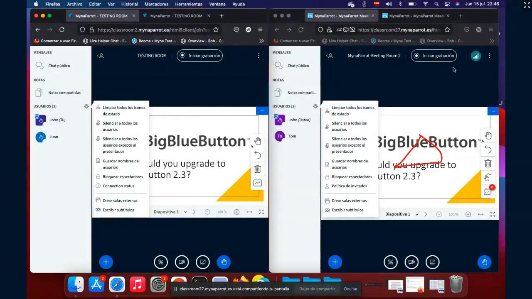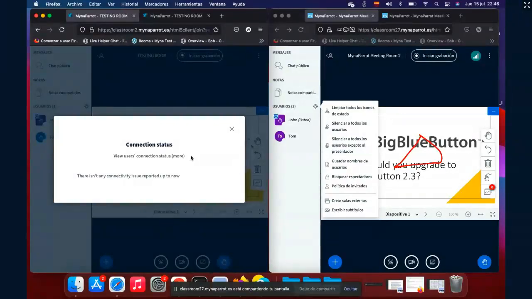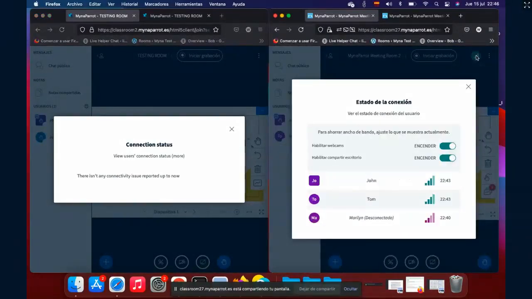You see, we already have some features of BigBlueButton 2.3 before they released it. In our version of 2.2, users can still check the connection status, but of course it's not as advanced as this one. But if someone has a bad connection, it will show here. If everything is healthy, nothing is shown here.